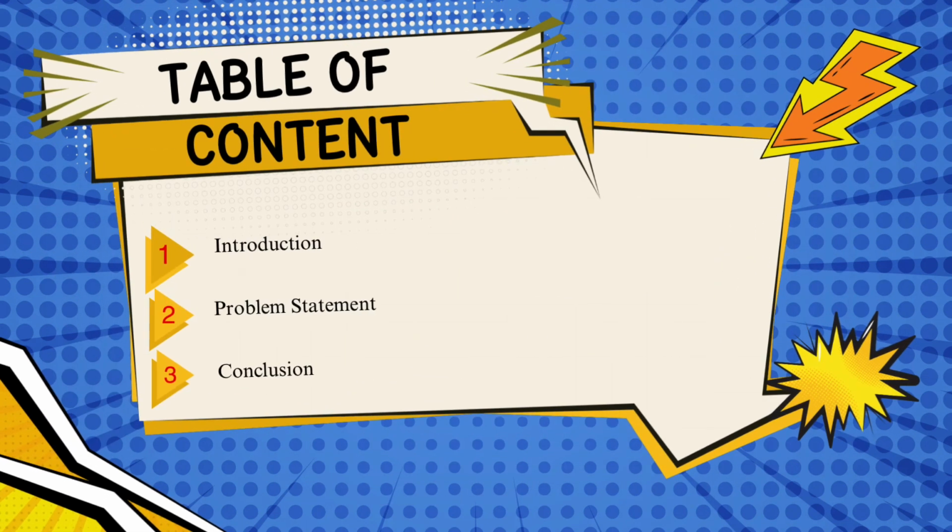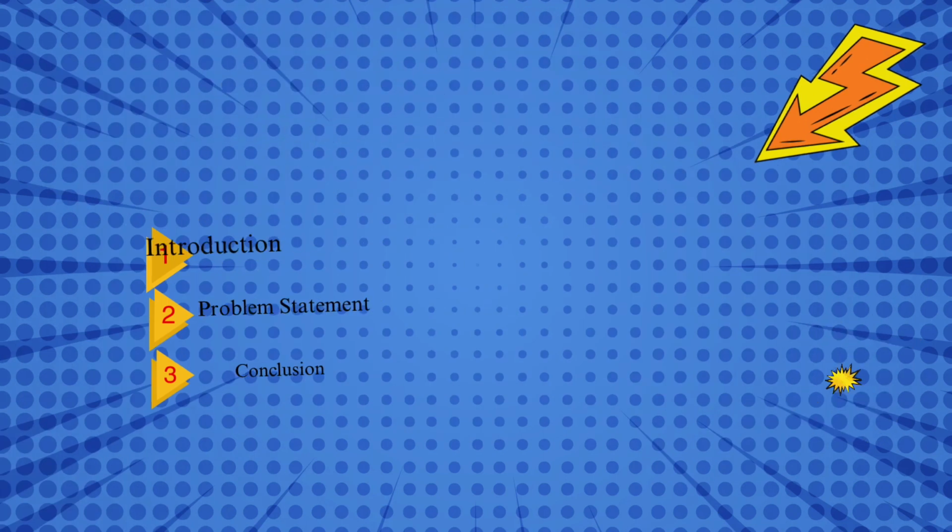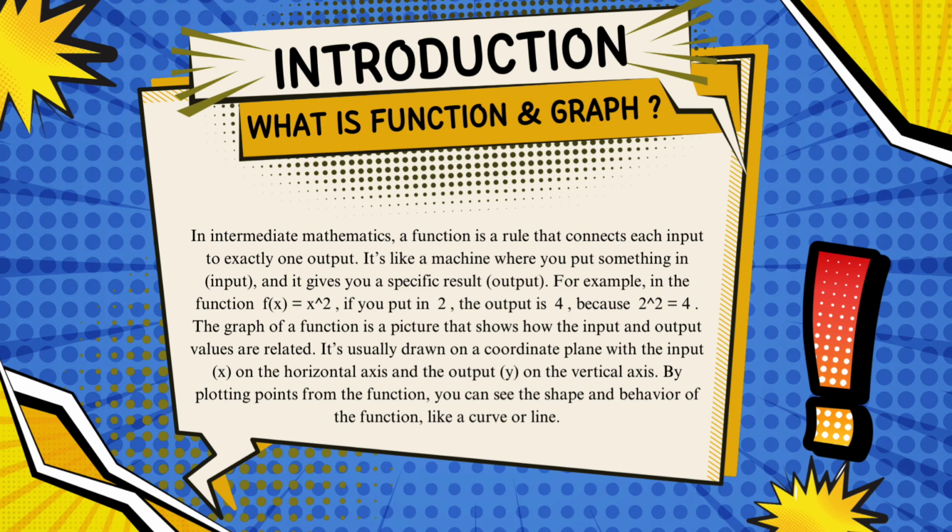In this slide, we will be presenting the introduction, problem statement, and so, what is function and graph? Function and graph is like a machine where you put something and it gives you a specific result, which is input and output. The graph of a function is a picture that shows how the input and output values are related. It's usually drawn on a coordinate plane with the input x on the horizontal axis and